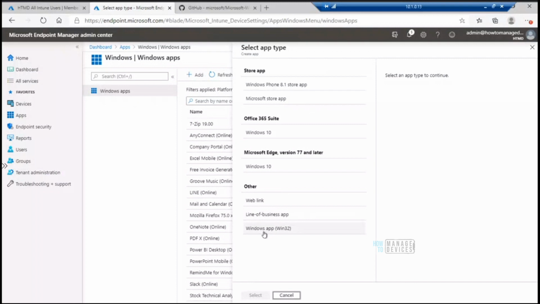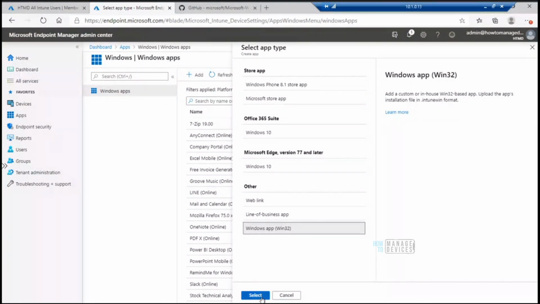So before that, I wanted to show, this is the one, Win32 app, right? This is the application deployment mechanism we are going to see. When you use this application deployment mechanism, Intune will automatically install an additional agent on all the managed Windows 10 devices. This is only applicable for MDM enrolled devices.